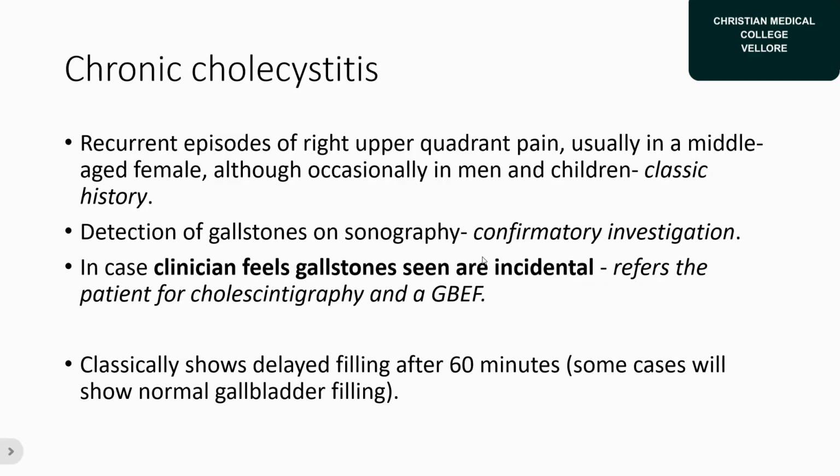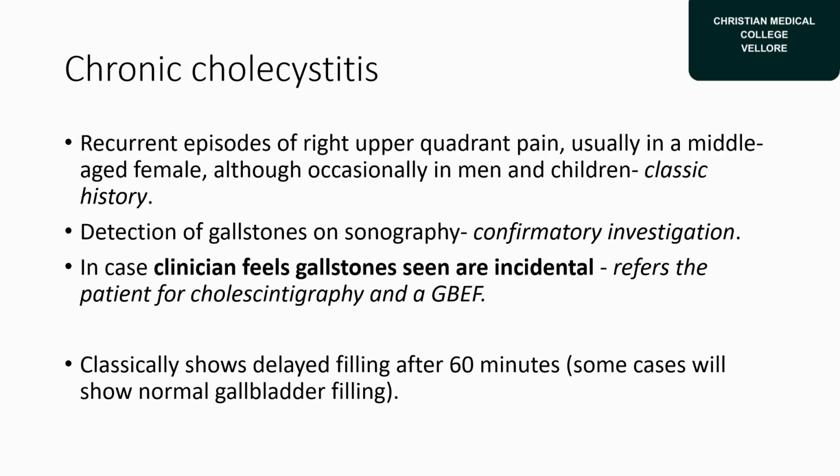present the classic history, which is usually a middle-aged woman who presents with a right upper quadrant pain, and it is occasionally seen in men and children as well. So they then do an ultrasonography which detects the gallstones, and that is a confirmatory investigation. And it goes on to do a cholecystectomy, and the HPE proves the chronic inflammation which is seen in the HPE. So in case the clinician feels the gallstones are just incidental in this case, he can then